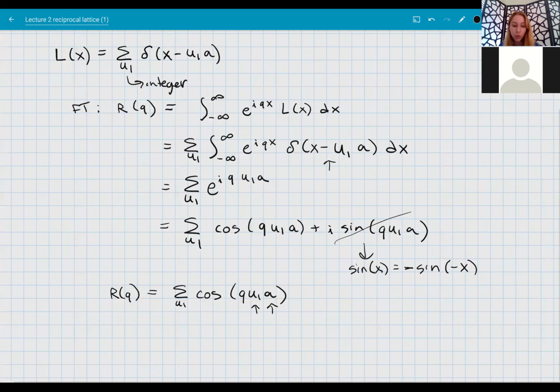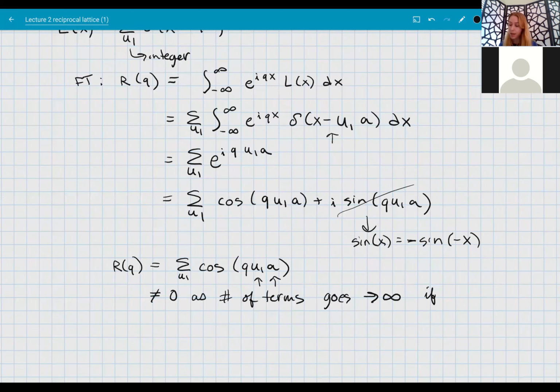However, if Q is a specific value, then this is not true. So this equation is not going to be 0 as the number of terms goes to infinity